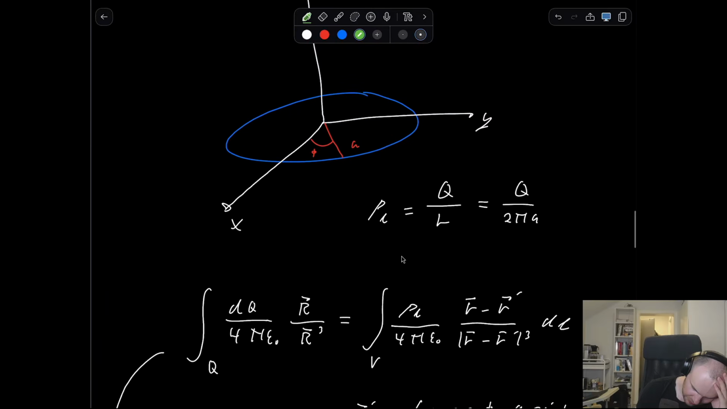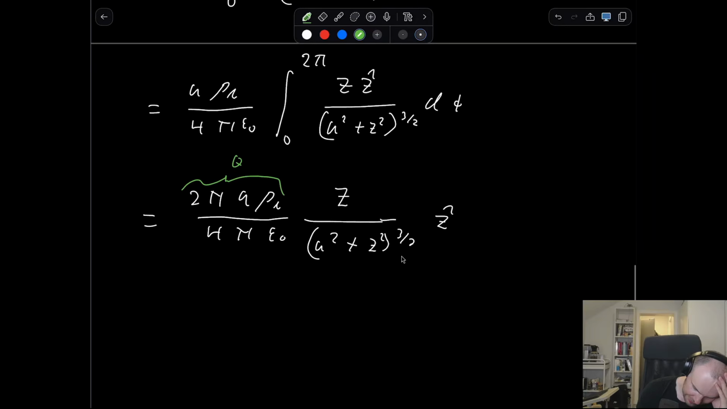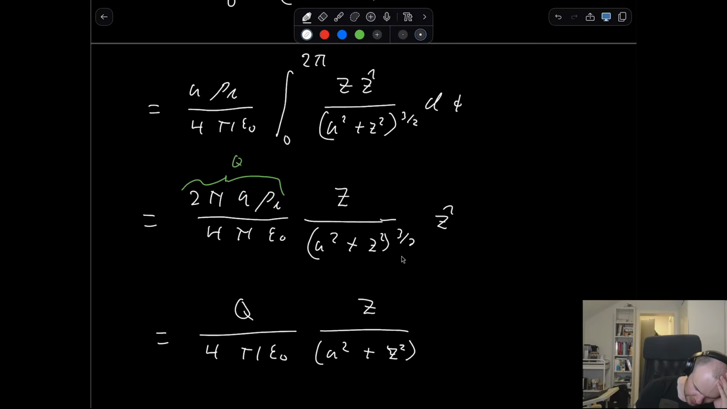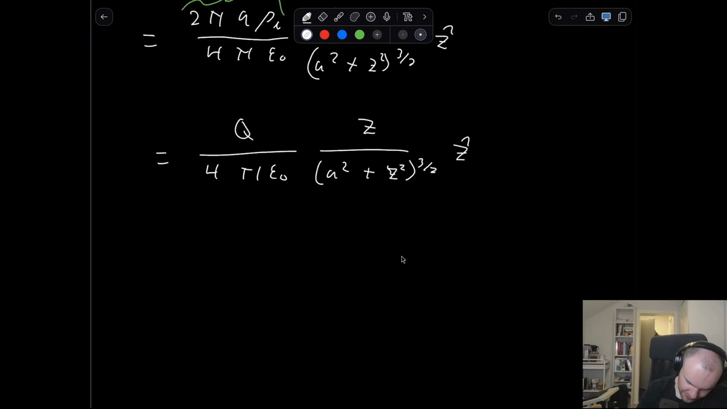What did we write? Q. So 2 pi a multiplied by rho L, that's q, right? So this is just q divided by 4 pi epsilon 0, pretty neat. You have z over (a squared plus z squared) to the 3/2, z hat. And that's correct. And now, just to test our case, let's say that we took the limit and